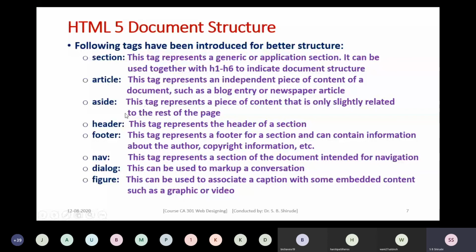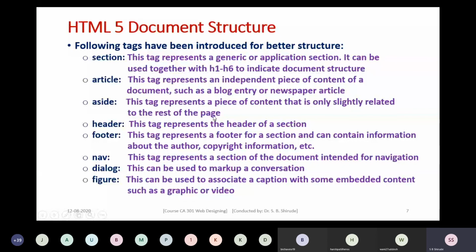Then the next element that we can use is aside. What is the use of this particular tag aside? This aside tag represents a piece of content that is only slightly related to the rest of the page.